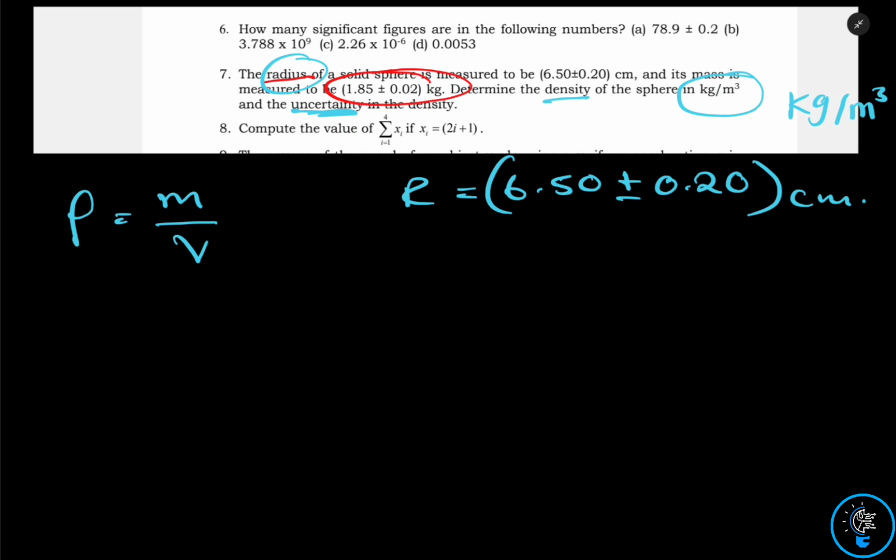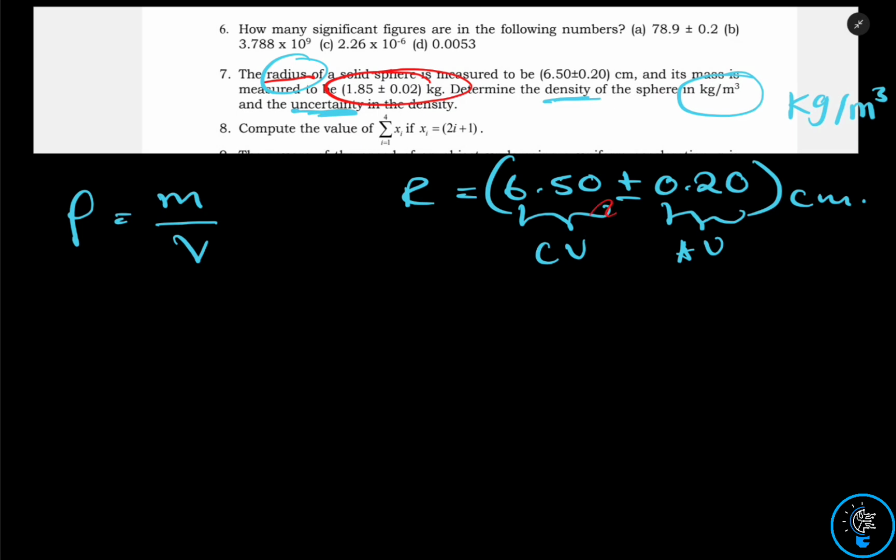We are given this one as the radius. Okay, let's find the density. So we know that in a number of this kind, this part we call the central value, while this last part we call the uncertainty part, or the absolute uncertainty. So to calculate the density, like the first part of our question, which is determine the density, we are going to